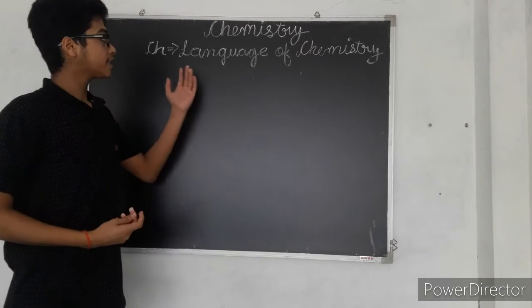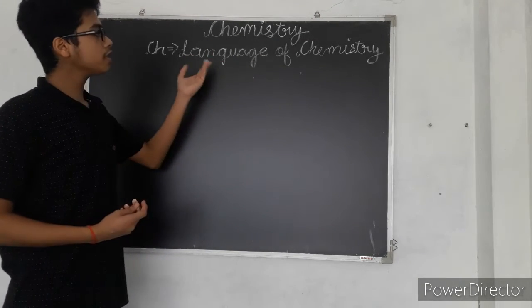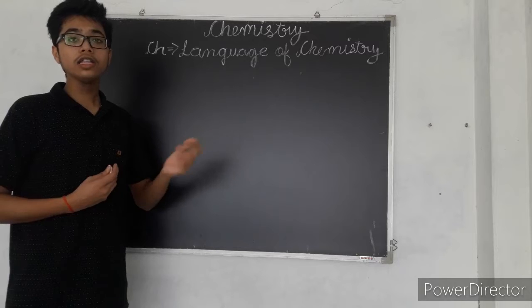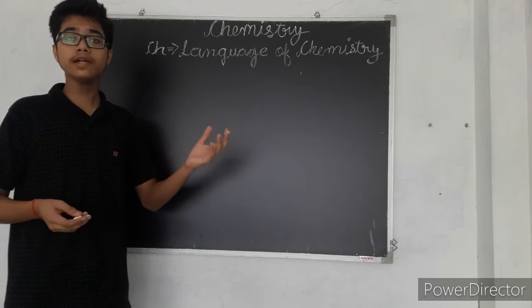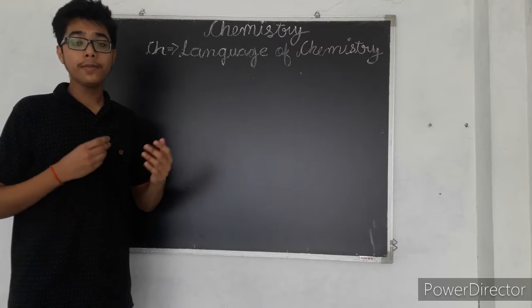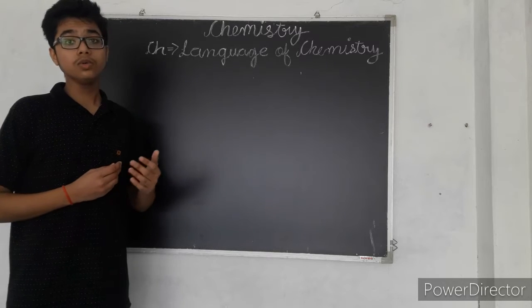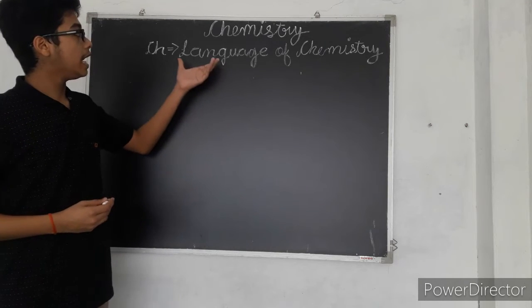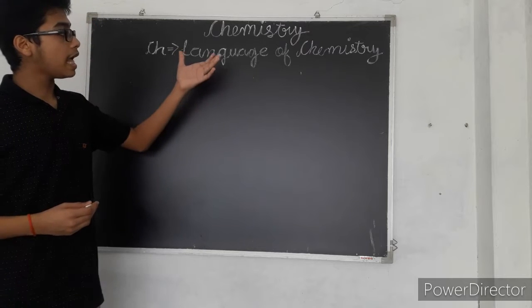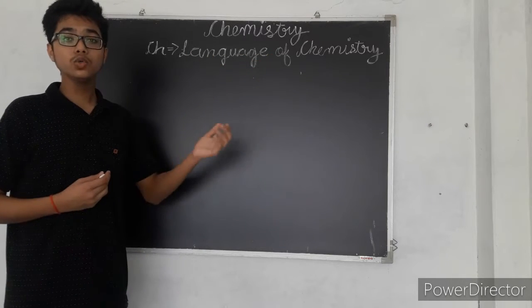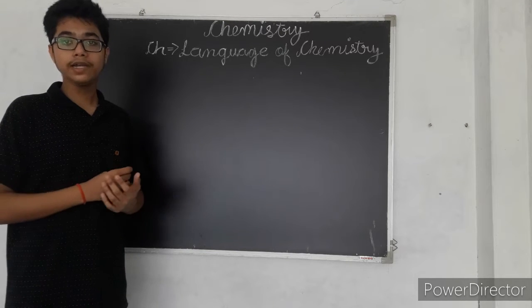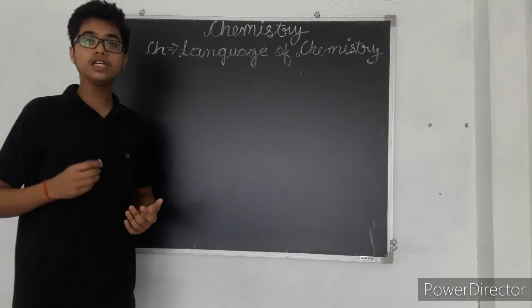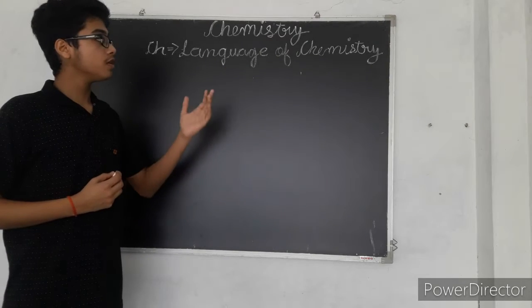Now, our chapter is Language of Chemistry. So, what is language? Like in English, we study A, B, C, D, and all the alphabets. These alphabets join and make words, and then the words join to make sentences which have meaning. Like that only, language of chemistry means the alphabets of chemistry which are used to identify any elements. So in this chapter we will study about symbols of elements.